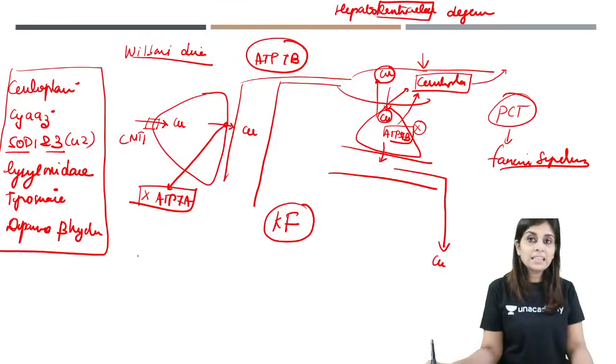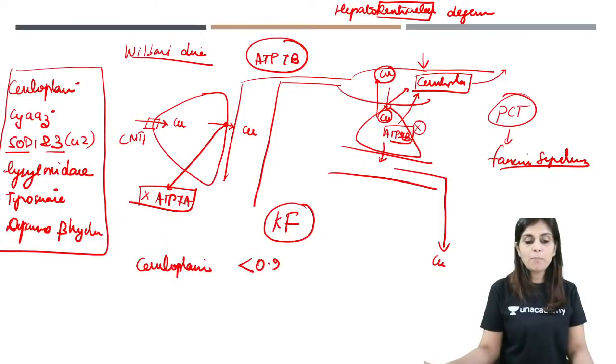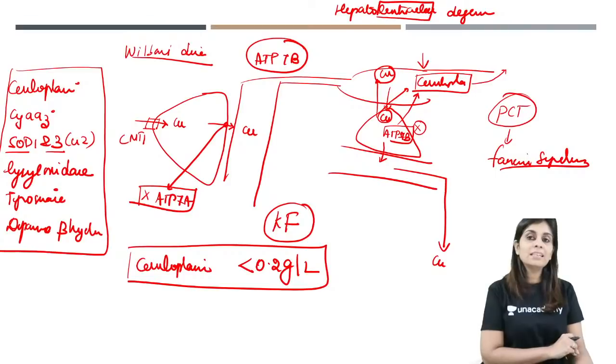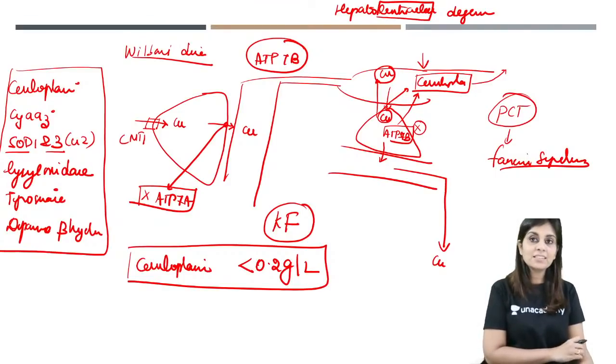As I told you, decrease in ceruloplasmin level is one of the effects of Wilson's disease. So you can expect low serum ceruloplasmin level. Serum ceruloplasmin level less than 0.2 grams per liter is indicative of Wilson's disease. But the disadvantage of using ceruloplasmin level in finding out Wilson's disease is that